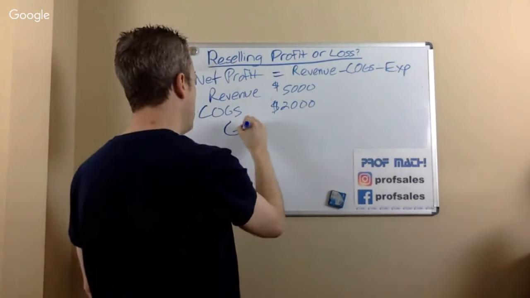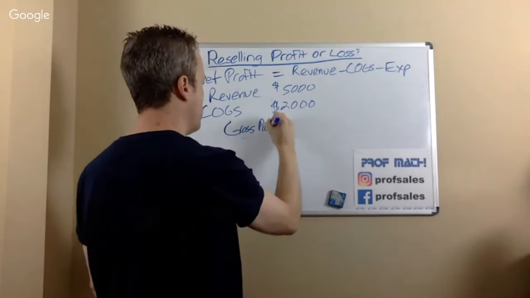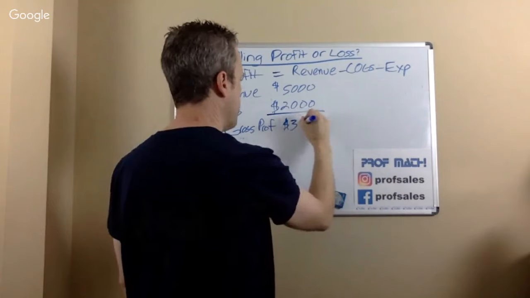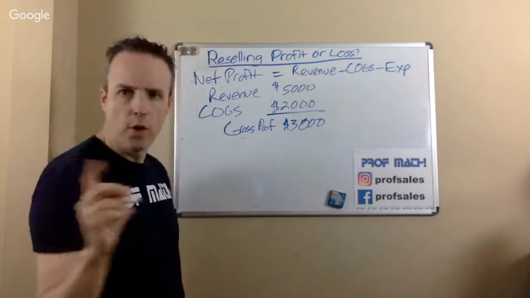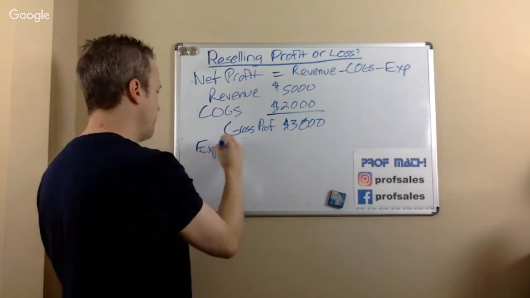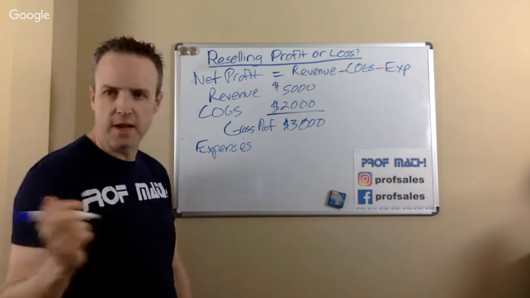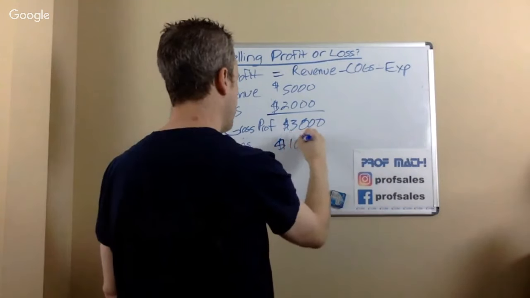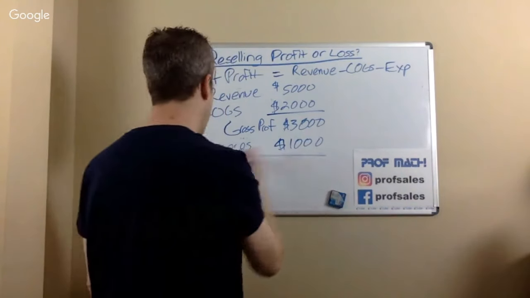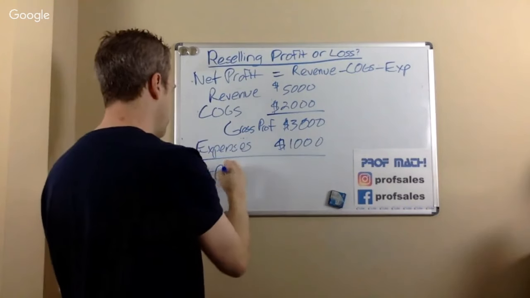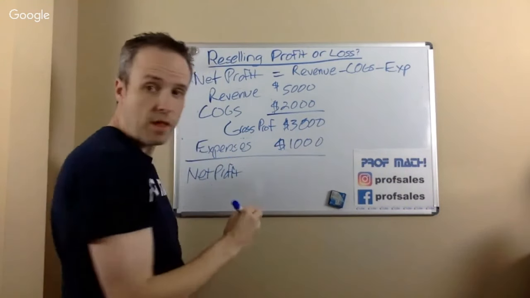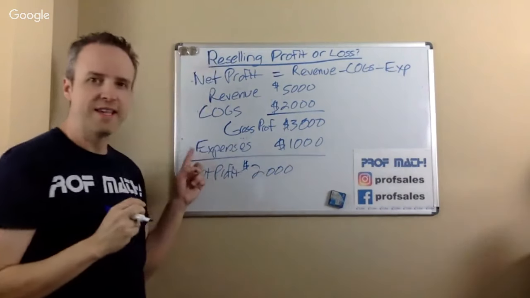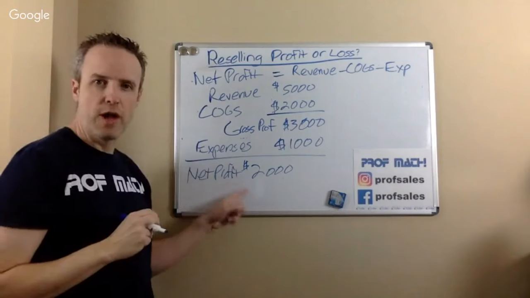So your gross profit is $3,000. Your expenses, we'll say for this particular month, were $1,000. And so what is your net profit? Equals $2,000. So before you pay any taxes and so on, this would be your net profit for this particular